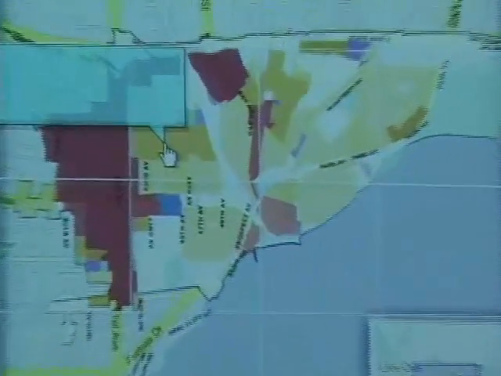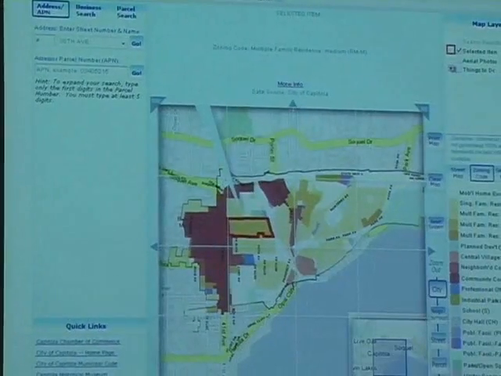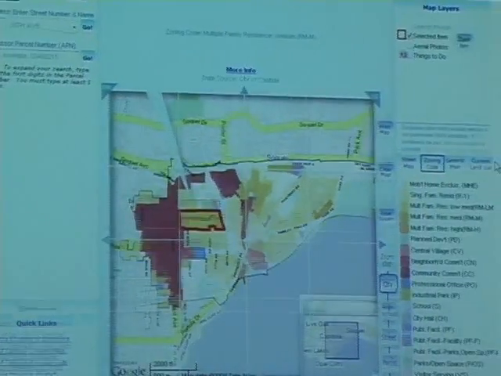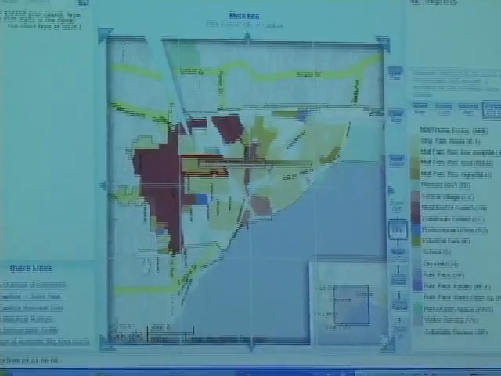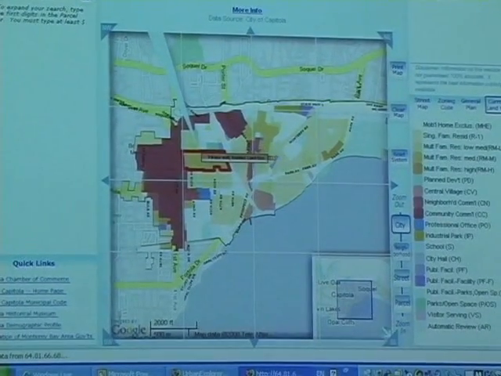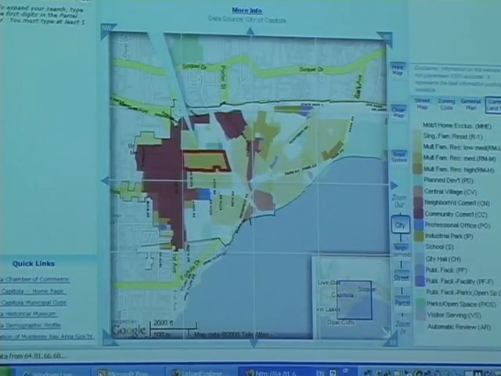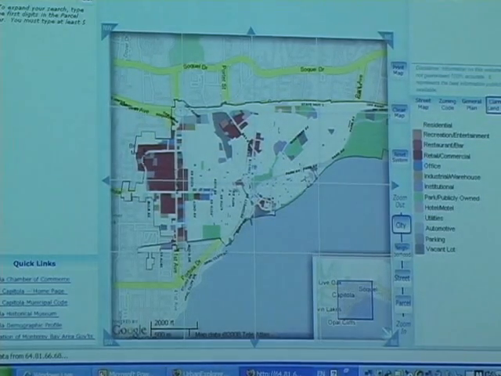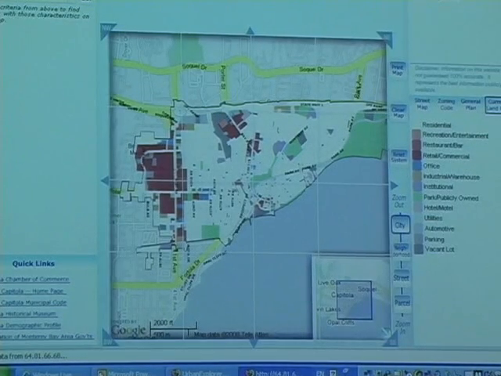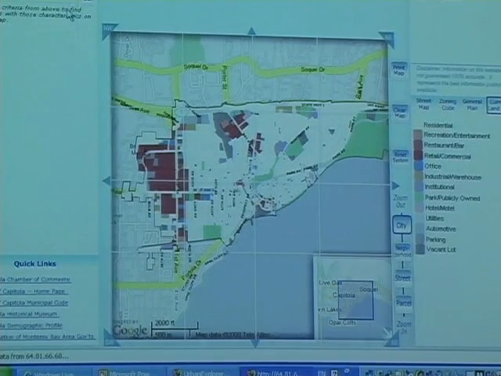The interactive map enables you to click on any of them and be able to click out to the city zoning code. Be able to see current land uses. And then over the top of that, do a search for particular types of parcels. So for instance, if we were looking for retail commercial parcels of a certain size,